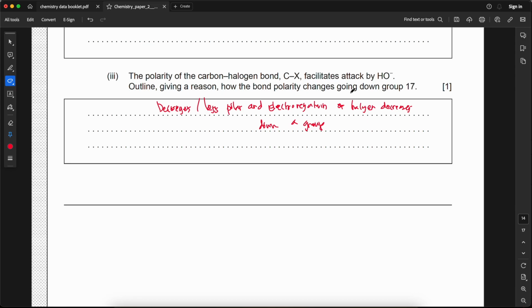So this will lead to decrease in the electronegativity. You know, the electronegativity is when the nucleus is able to attract the electron, because the atomic size increases, the attraction will be weaker, so the polarity will decrease. All right, so that's all for the explanation